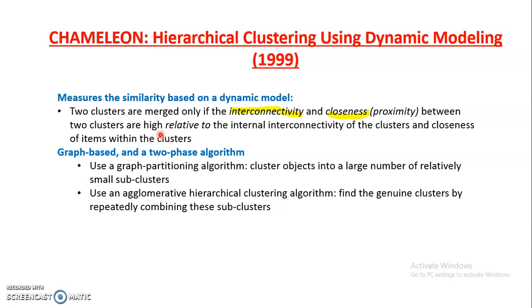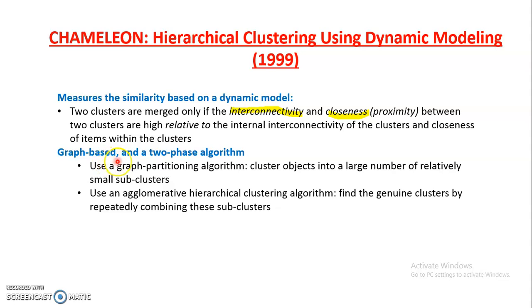So what we are going to do is merge those clusters and again check the connectivity between the data objects. If the connectivity and closeness of the data objects will increase after merging the clusters, then we will merge those clusters. If the interconnectivity and closeness between the data points will decrease after the merging operation, then we are not going to merge those clusters. So there are two parameters we need to check: one is interconnectivity and the other is closeness.